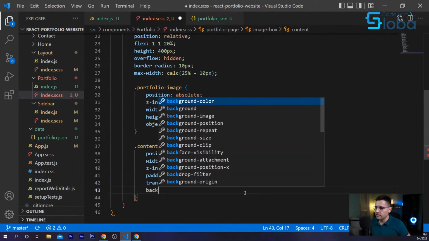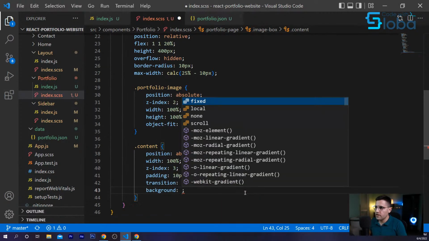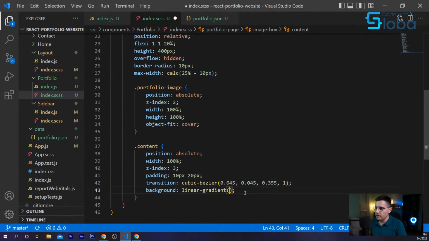And let's add a background. The background, let's use linear gradient. Let's use 180 degrees for the angle, and it's going to be black. Basically, it's going to be the black background, which makes the text more visible. So the RGBA is for transparency.